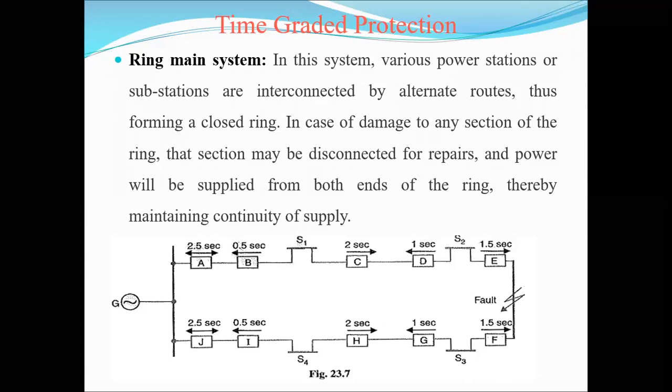Parallel system means we use two feeder lines. If any discontinuity or fault occurs in one of the feeders, then automatically the other feeder will share the total load for some amount of time. We already said that this time is set by the relay timings.